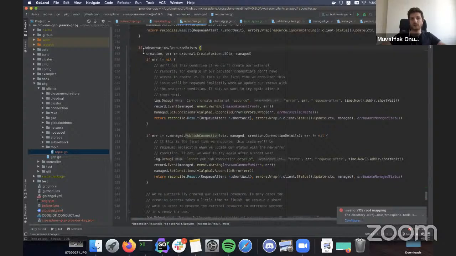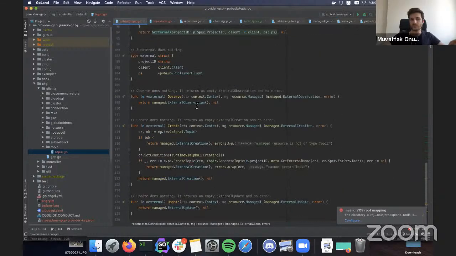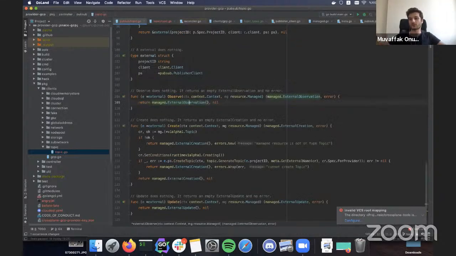Yeah, here it is. So if resource does not exist, we call the create, and only in this case we call the create. Since our observe returns an empty observation, resource exists will return false. So we will continuously try to create the resource, and we will see this in the error.